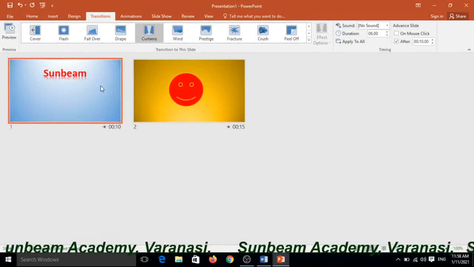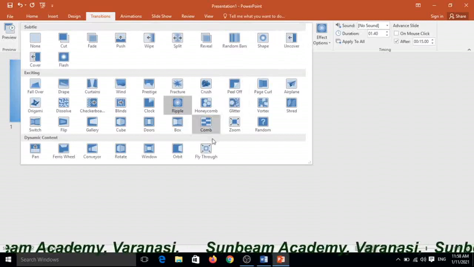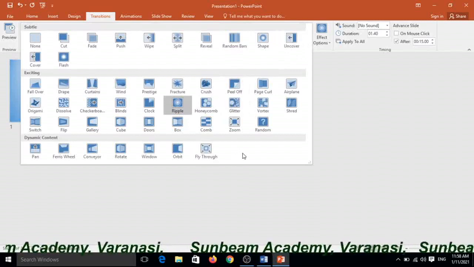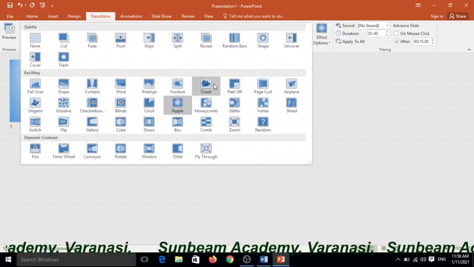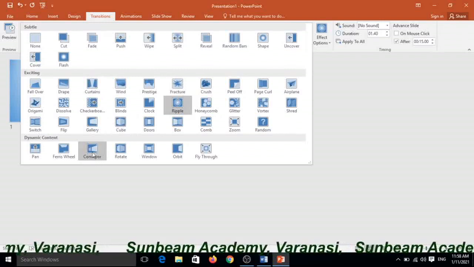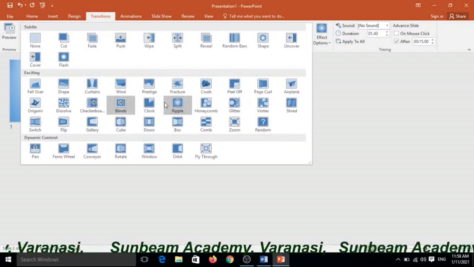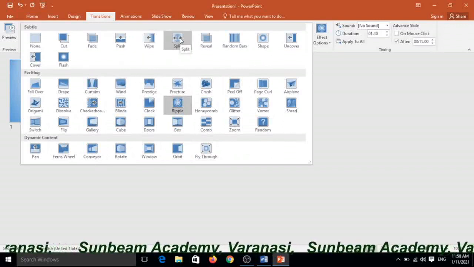Yes, and second I want to choose, yes, like this type, cubic side or rotate. Yeah, there are many effects. It depends on you which type. Suppose I want to split.